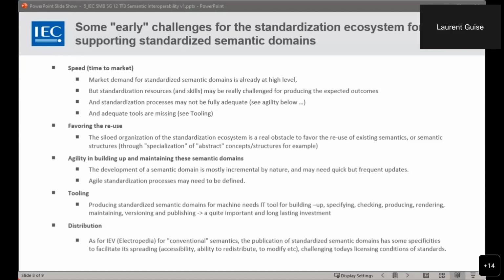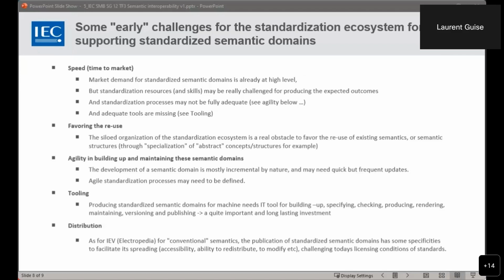Tooling is also a very big issue because all of this data is IT based. So how do we specify these new types of artifacts? How do we check the validity, the conformity to some semantic rules and so on? How do we produce? We've just seen